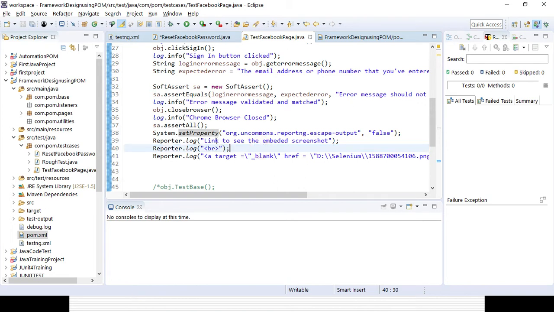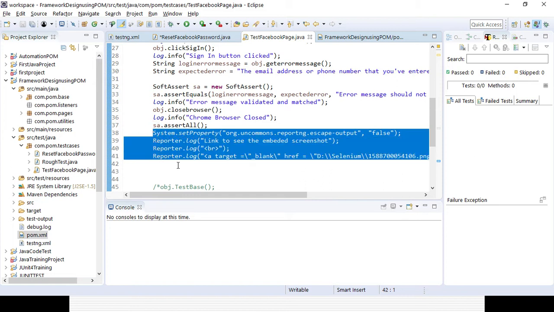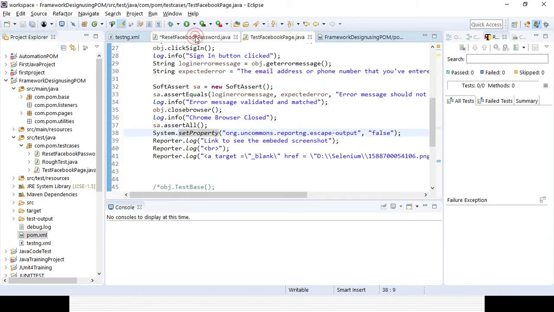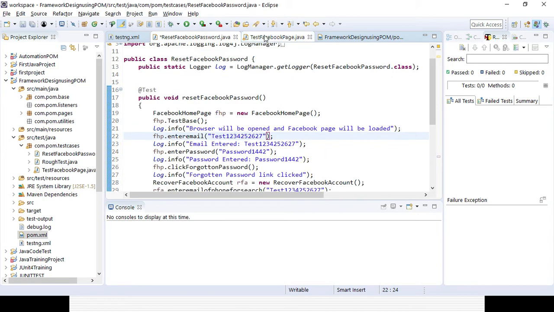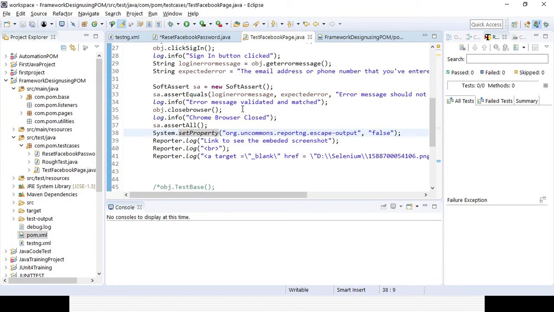But the problem is that suppose I want to add all this stuff whenever a test case fails or passes, for all the test cases executed as part of TestNG. Then I need to add this line for every test case. Even if I can add it for 100 test cases, adding 100 lines, if I want to display a different message or different screenshot depending on whether a test case passes or fails, it will be a challenge.